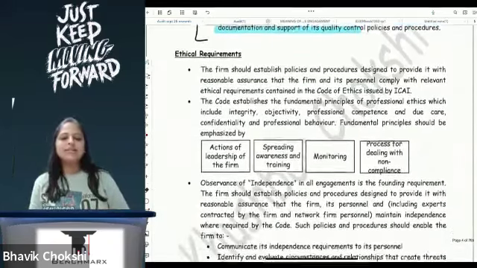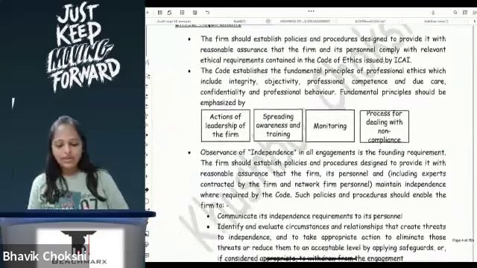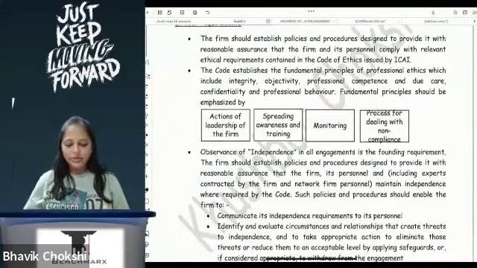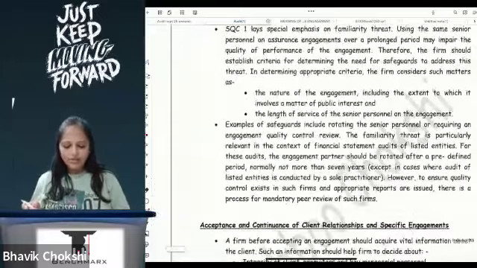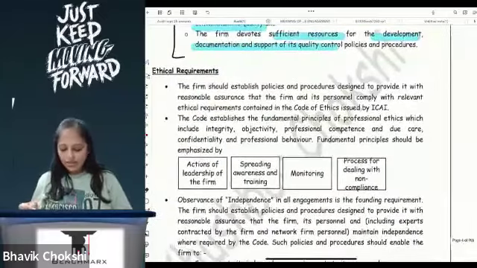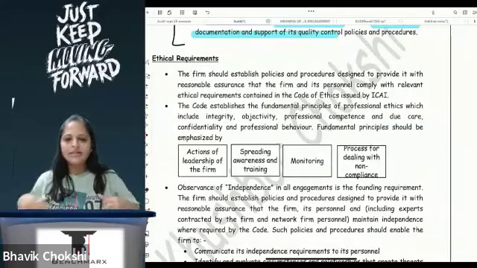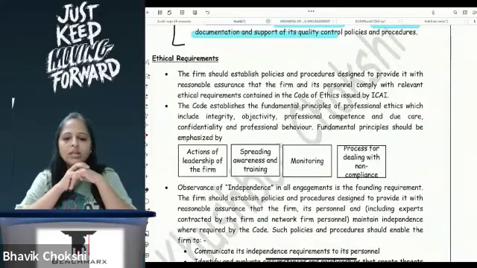The second element is about your ethical requirement. Ethical requirement is basically that whatever you're doing has to be done ethically, correct? There should not be something that is required to be done but is not being done. Like service tax: if you don't have a GST number, you cannot collect GST. If you are collecting GST, then you have to ensure that it is deposited. All of that is your ethical requirement, the things that I will have to comply with. But other than that, the most important thing in your ethical requirement is your independence.